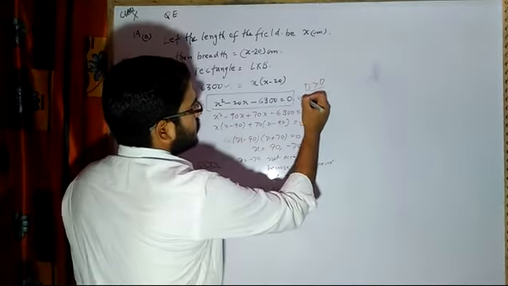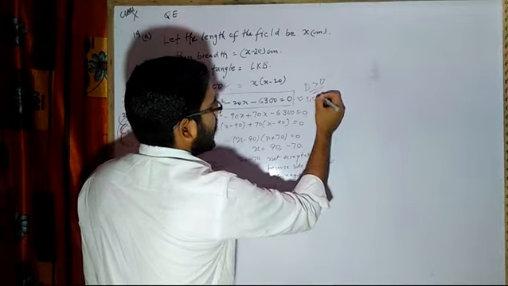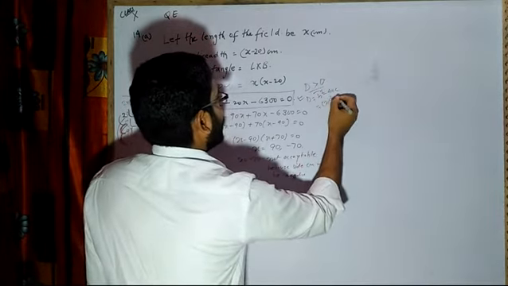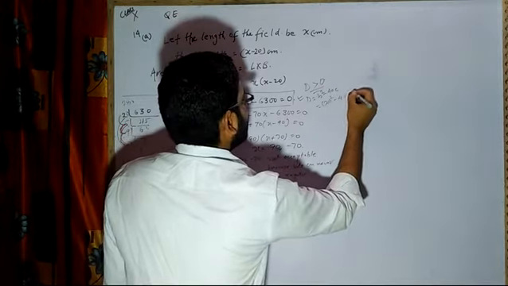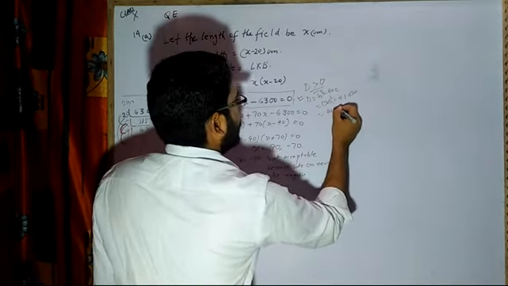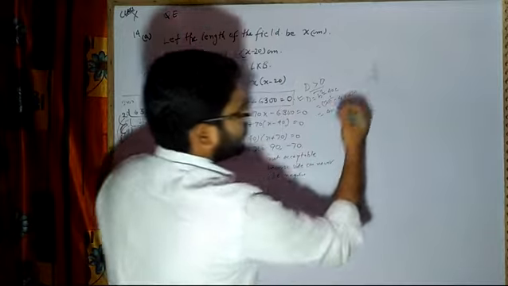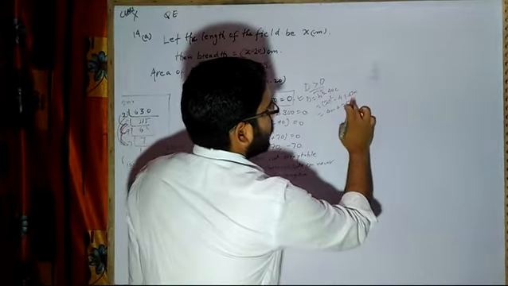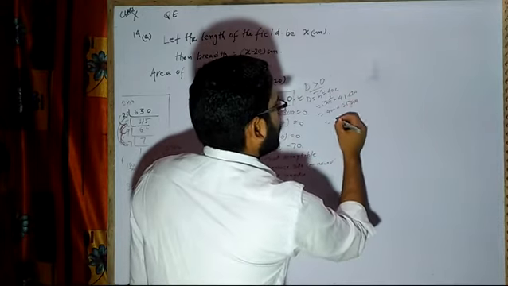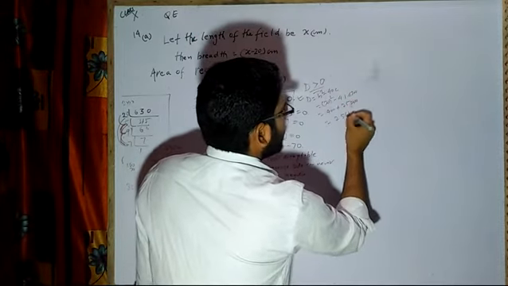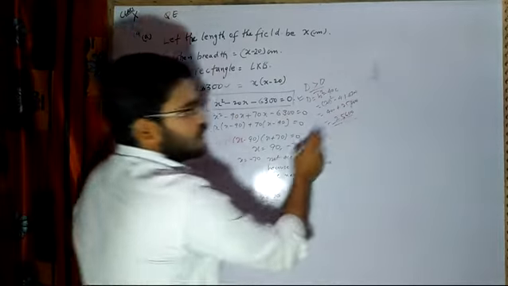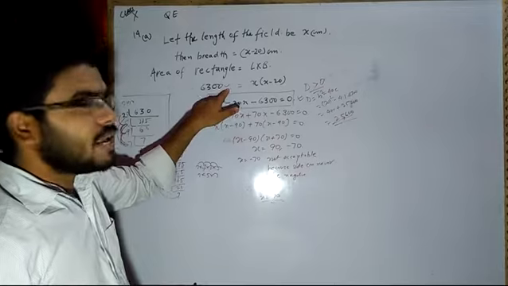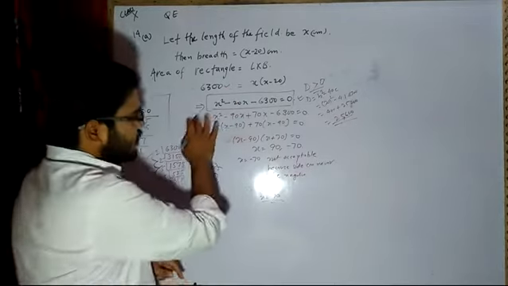First of all, your task was to find the determinant, that is b square minus 4ac. Determinant is equal to 20 square minus 4 into 1 into 6300. That means 400 plus something. 4 3s are 12, 1200, 24, 25,200. Oh sorry, 400, 4 3s are 200. So it is equal to 25,600. So this is a positive number. If this is a positive number, then definitely we can have a rectangular field whose area is this. Then we will solve this one.